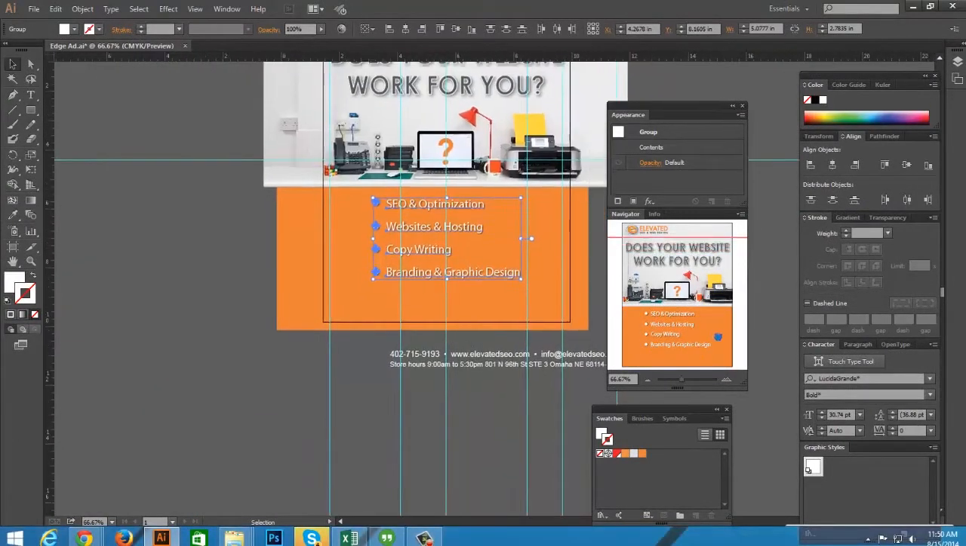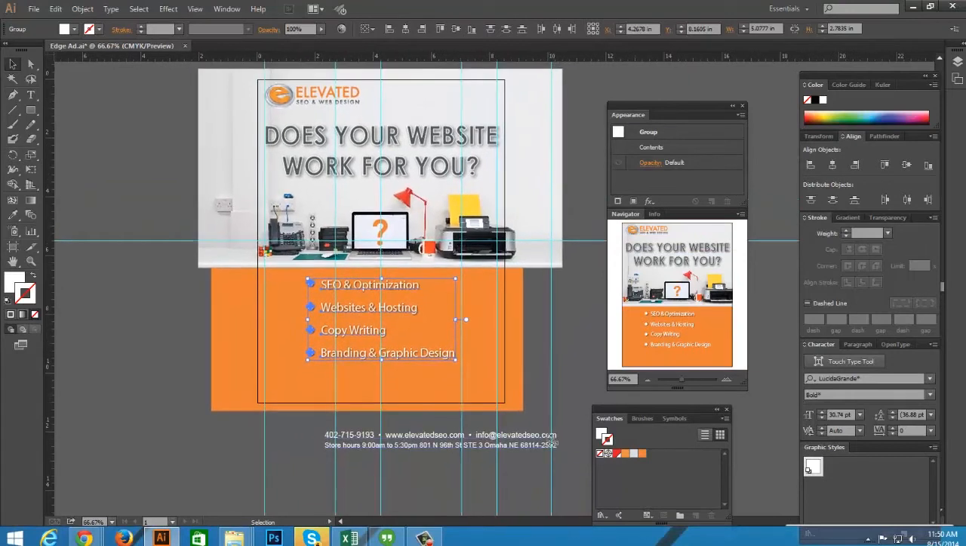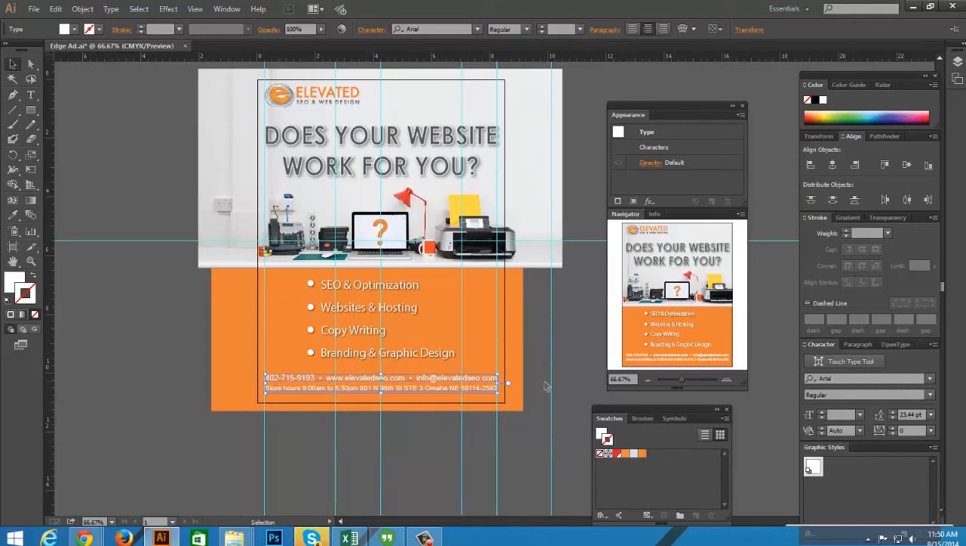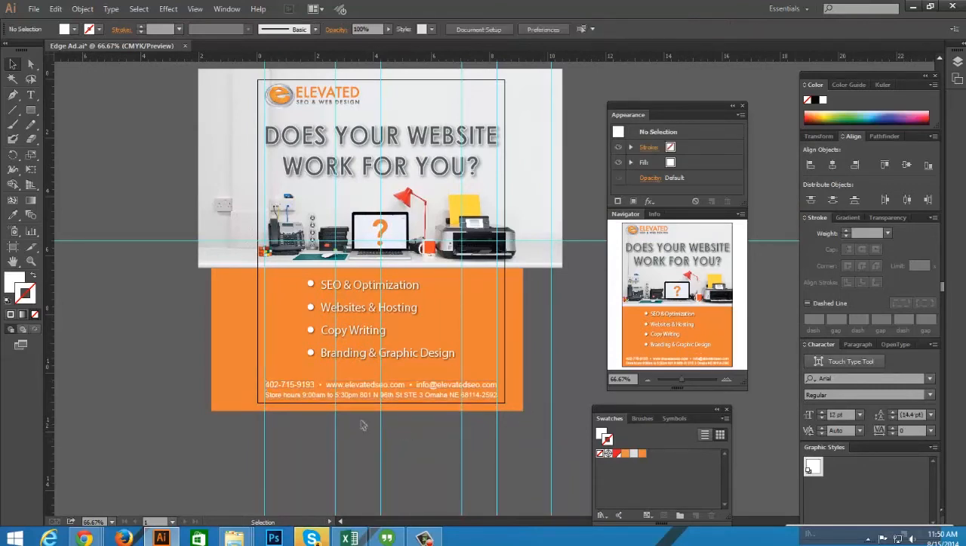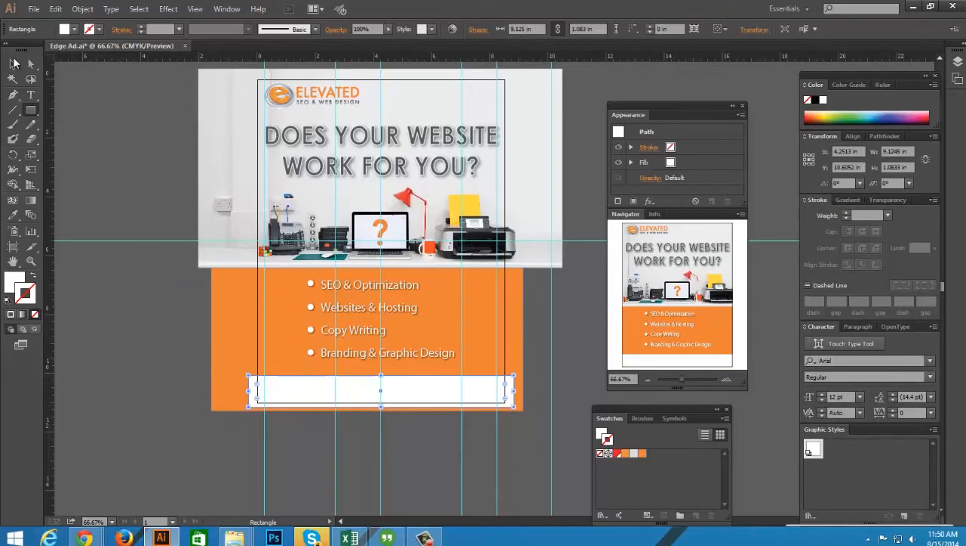Then I am going to add their contact information at the very bottom. Just get the phone number, website, email, and the hours of operation, their address. Address is kind of, you don't necessarily need it on there. They want it on there because their place isn't exactly easy to find, so they want it on as many things as possible. And to make this stand out just a little bit more, I'm going to make this a